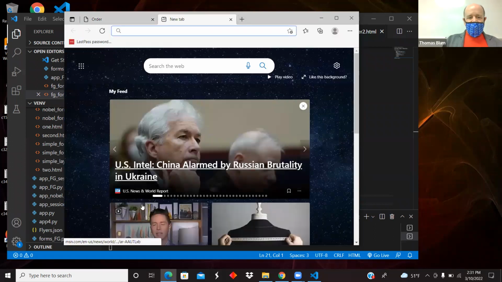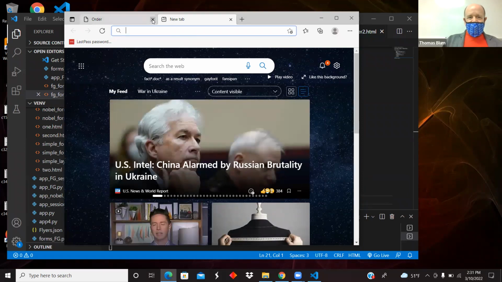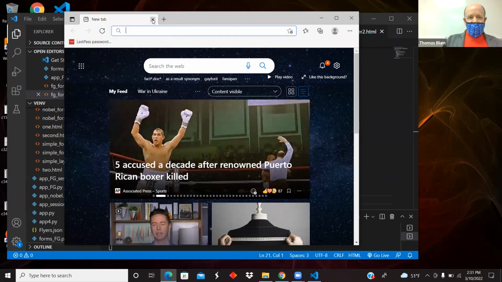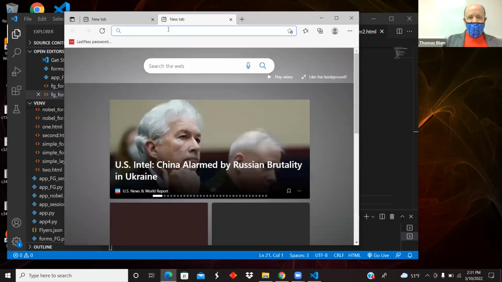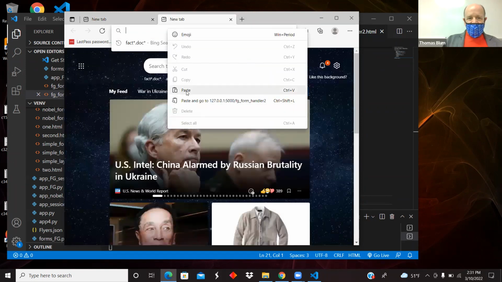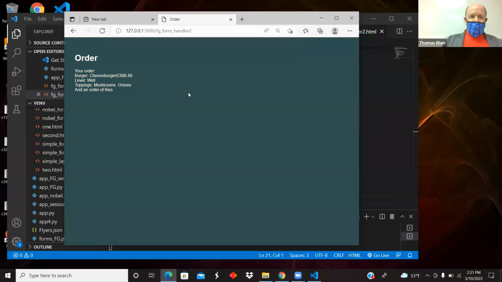So I've opened up this browser, another tab, but the browser stays open. I'm closing this. I'm opening a new tab. I'm coming here. And it remembered my stuff because it's a session. So that's the purpose of a session. And then a cookie, I could even close the browser. With a session, I can close a tab and it will remember. With a cookie, I can close the browser and it will